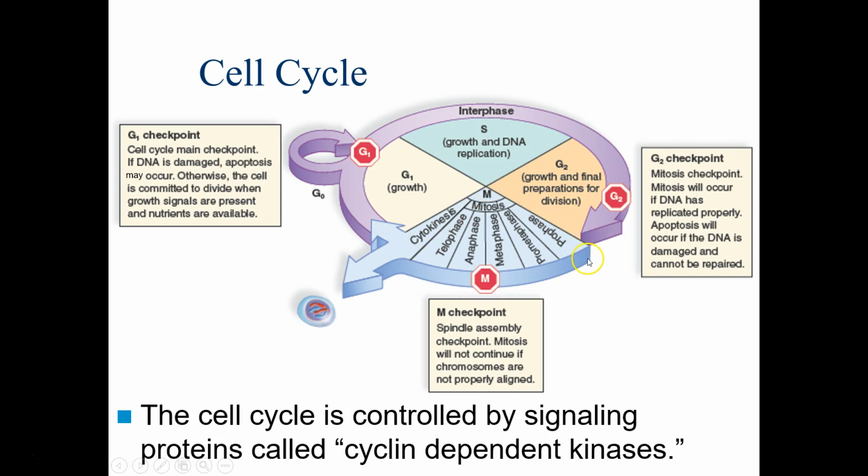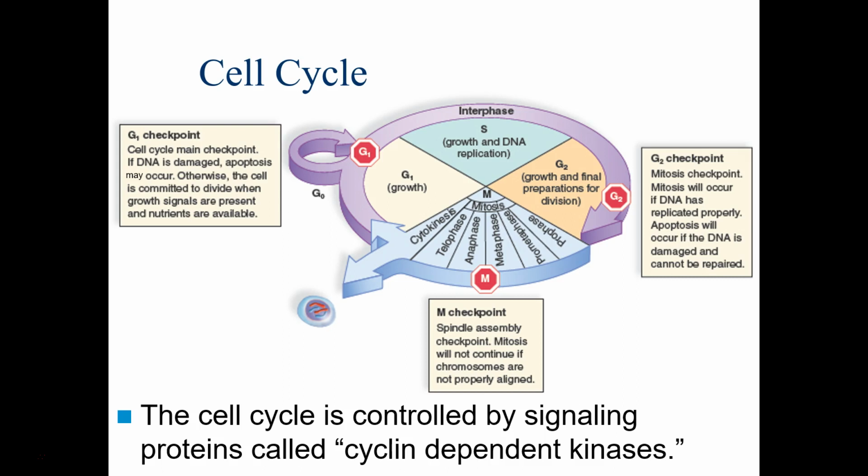Today, we're going to be talking about the process of how information is used, but we need to know about the cell cycle in order to get through this. So critical to this is that it's sort of like a clock, or like if you've ever checked days off on a calendar as you've gone from day to day to day. That's sort of like how the cell cycle is controlled. It's controlled by these things called cyclin-dependent kinases, which are enzymes that put little phosphates on stuff. And it ticks stuff off as it goes along.